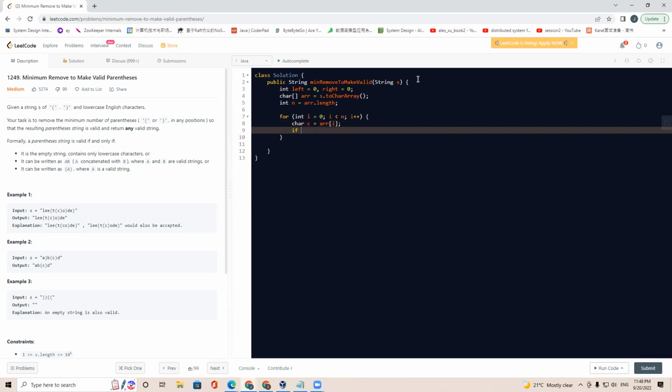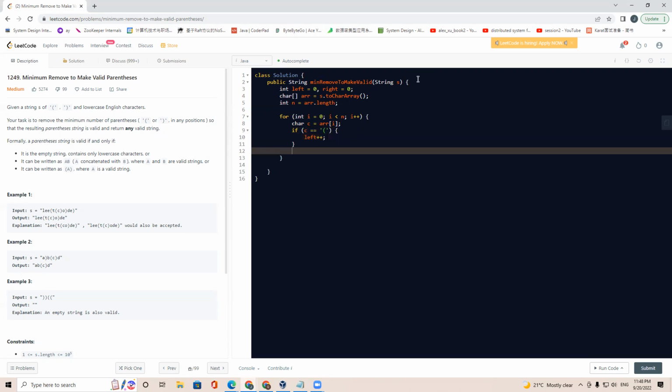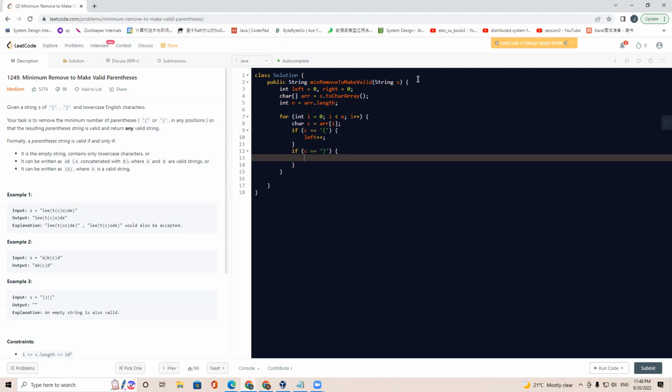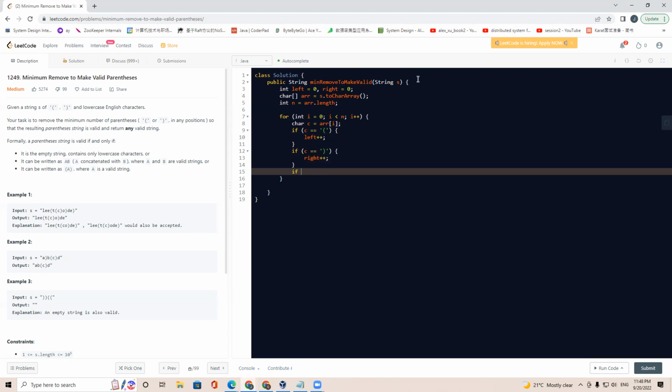If c equals the left parenthesis, we do left plus plus. If c equals the right parenthesis, we do right plus plus. If the right count is greater than left,